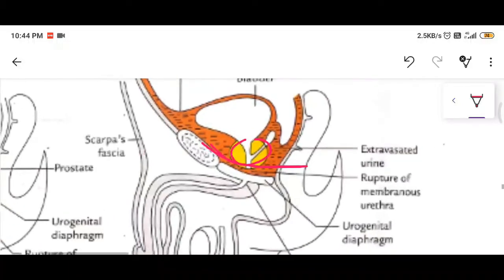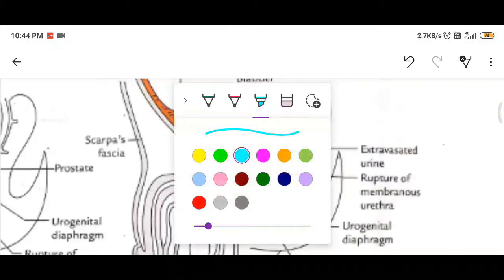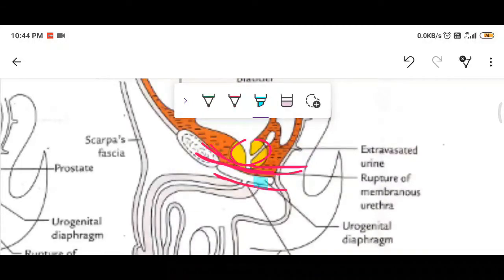Below that you will have the endopelvic fascia or the superior fascia for the urogenital diaphragm. Below that you will have the perineal membrane, and this space is called the